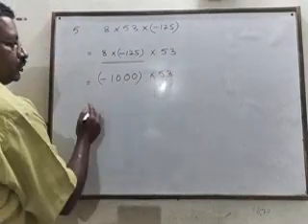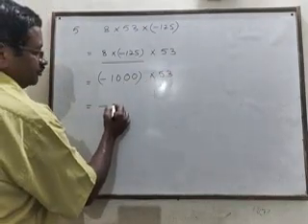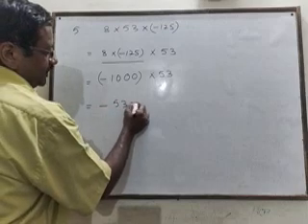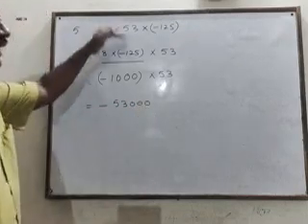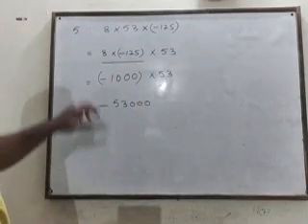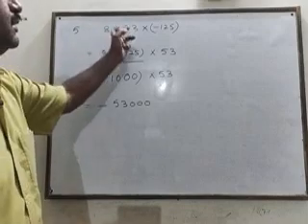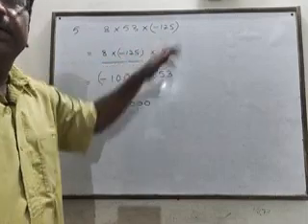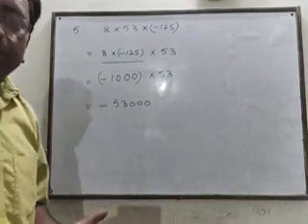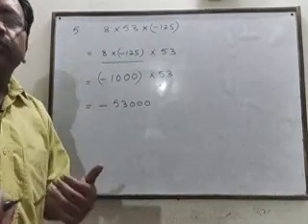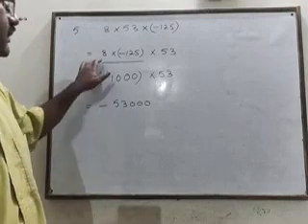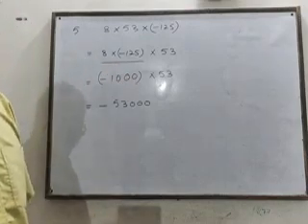Now 53 into -1000, the sign will be minus, and it will be -53,000. So it will be easy, but you can do it that way also: 8 multiplied by this, whatever the answer will be multiplied by 125. In that case you will have to calculate a lot. You can make some mistake also, but you can do it this way also, that is easy.